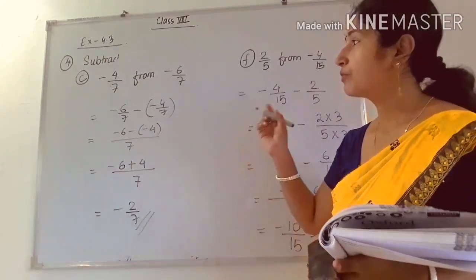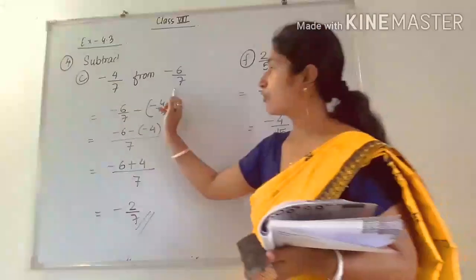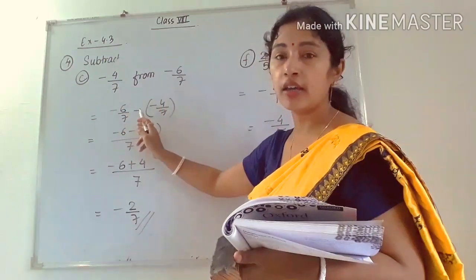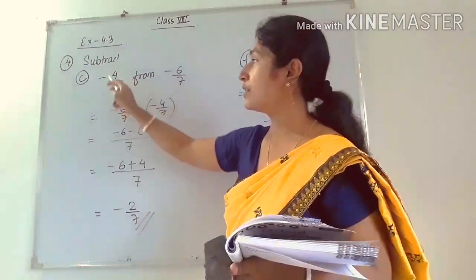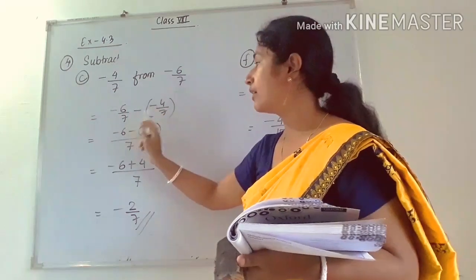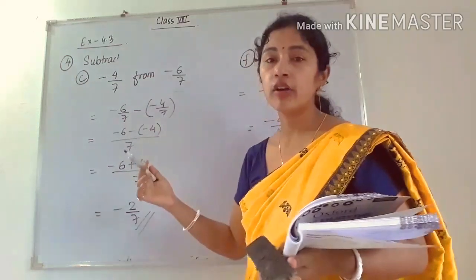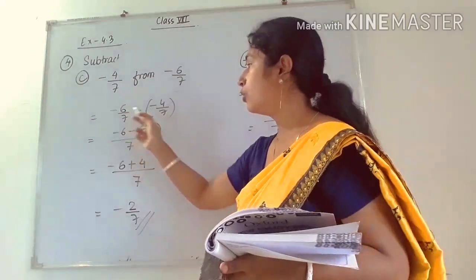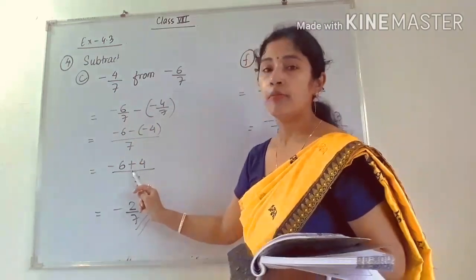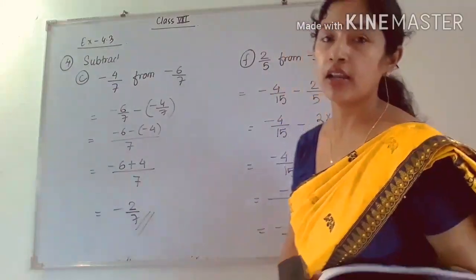Okay, so see, in question number C you have to subtract minus 4 by 7 from minus 6 by 7. So first of all you have to write minus 6 by 7, then it is written subtract, so I have to write a minus sign here. Then already one minus sign is present before 4 by 7, so that minus. After that you have to check the denominator. The denominator is the same, 7, no need to convert it, we can directly do it. So 7 in the denominator, in the numerator minus 6 minus, then minus 4, so minus minus will become plus. So minus 6 plus 4 will be minus 2 by 7, which is the final answer.